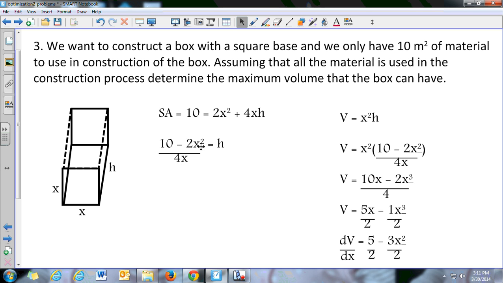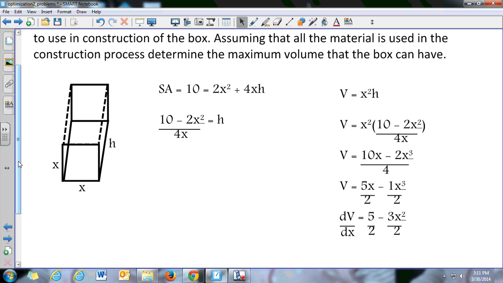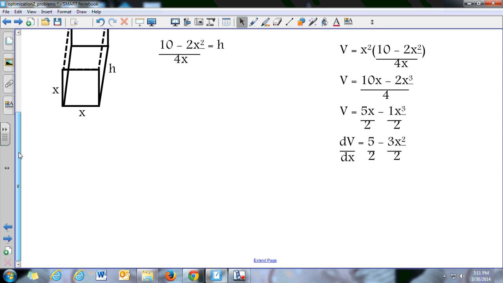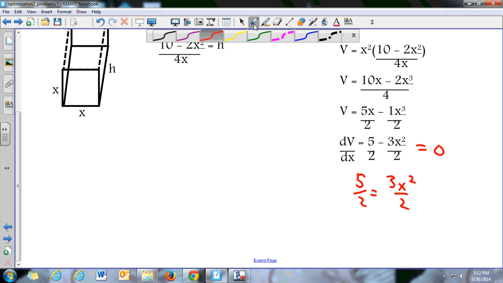Okay, again, you can see we're solving for h, taking that, substituting in, and getting set up so we can find our derivative, which we'll solve for right now. So then set that equal to 0. Because both fractions are over 2, we can cancel those out. So now I essentially just divide by 3, take the square root,